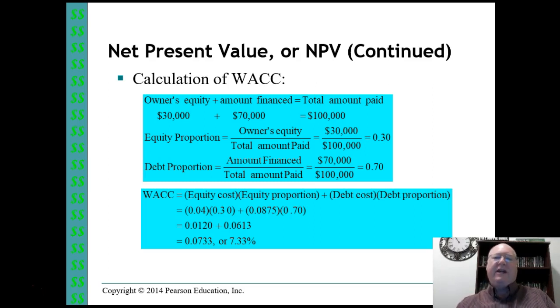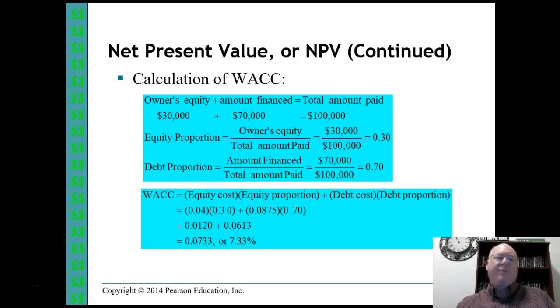So what you're doing then is taking proportionally what your cost of equity is, which is your 30% times 0.04, or 4%, and you're adding that to what you're paying on the 70%, times what the debt cost is for that loan, 0.0875, and you're coming up with a weighting of those two different rates to come up with what your weighted average cost of capital is, which here in this example is